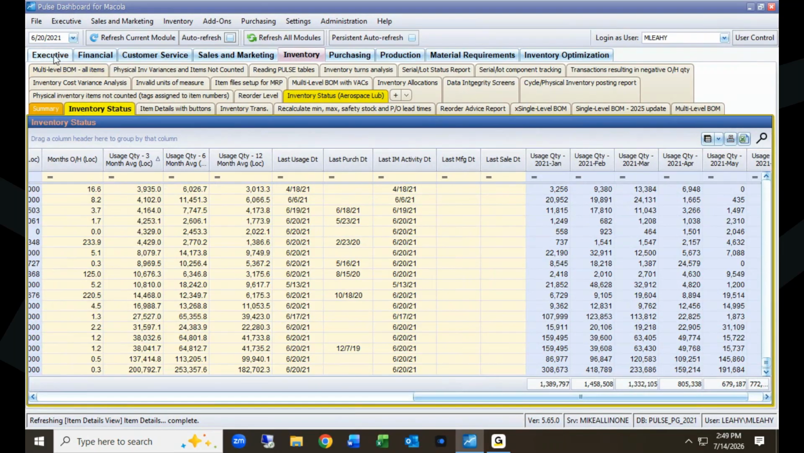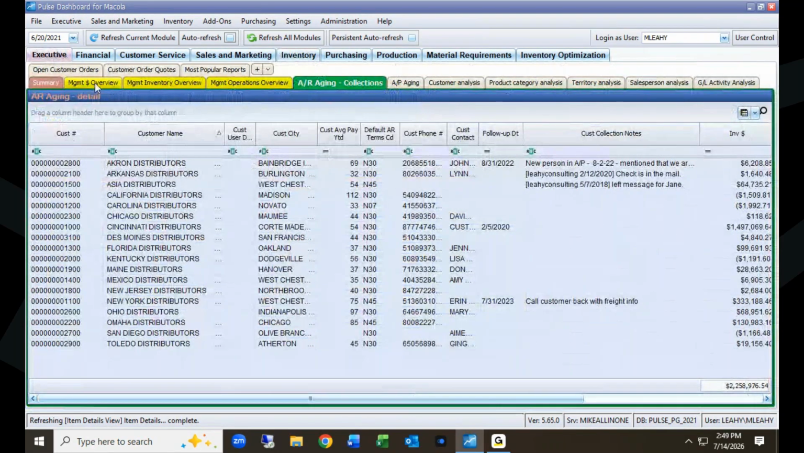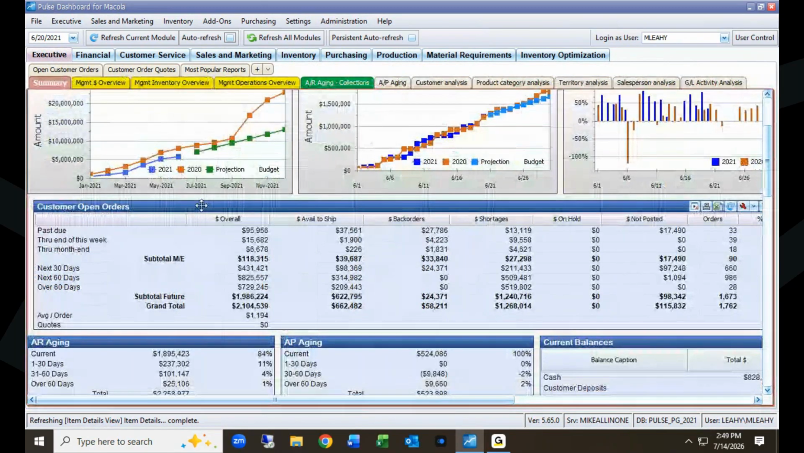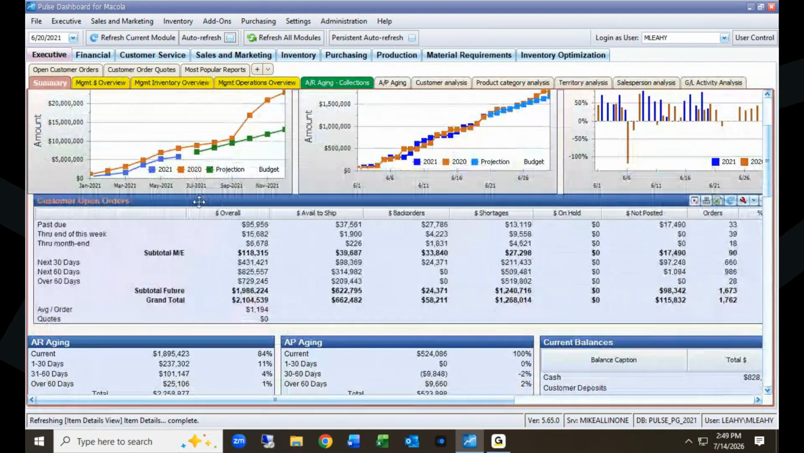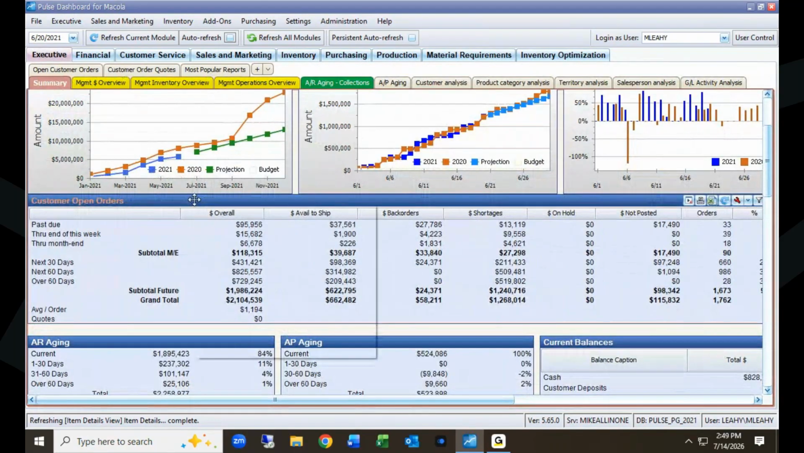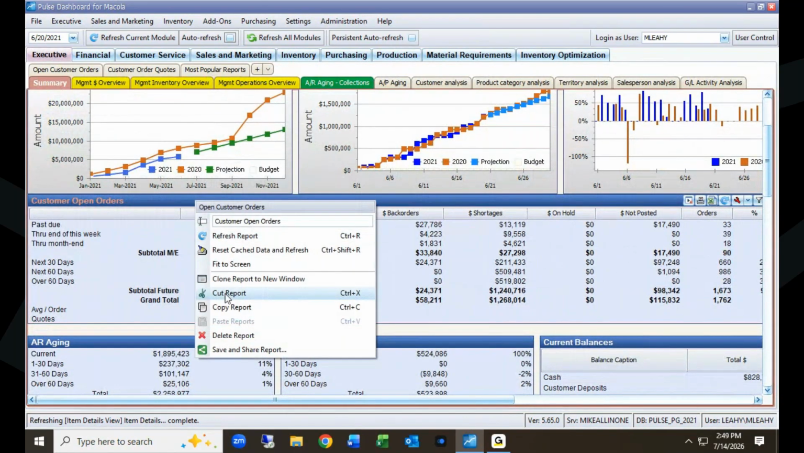Some time ago, we added this. This didn't get very good. We didn't promote this very well. But these tabs here, in other words, you know that in Dashboard, you can move the reports around. You can copy a report and paste it to another screen. So what we've done here is we've